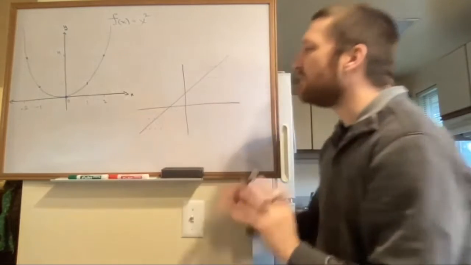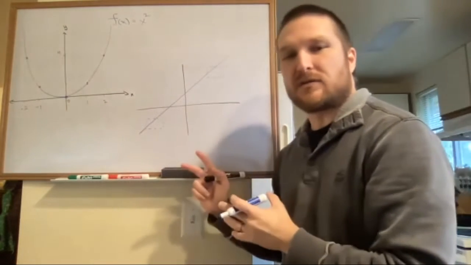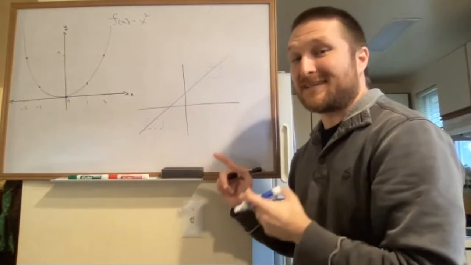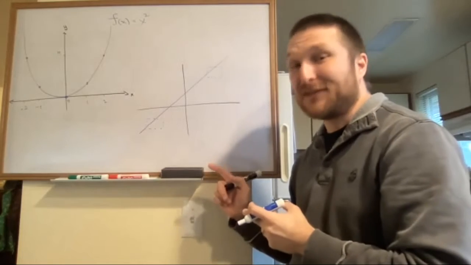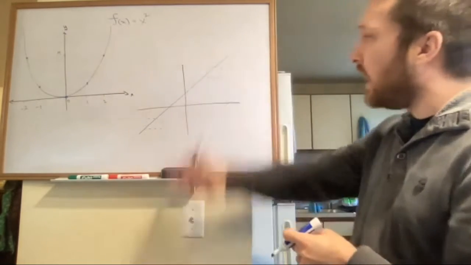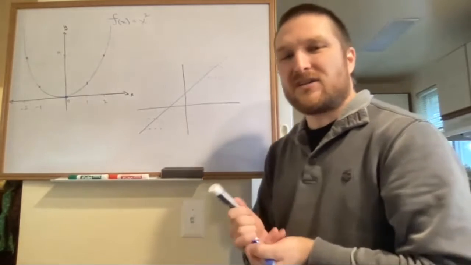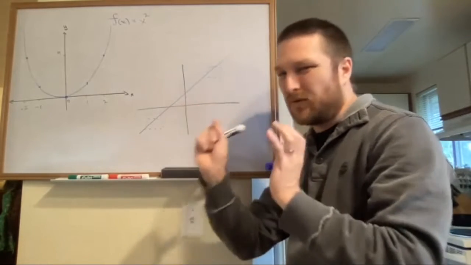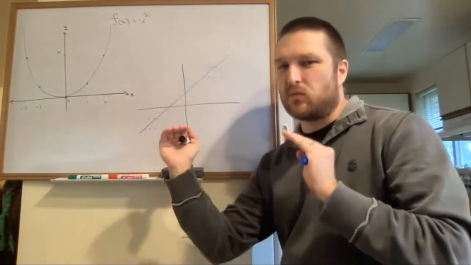A line doesn't have distinguishing features, right? It pretty much looks exactly the same everywhere you are along the line. And so it's kind of hard to trace or to really get a grip on what happens when you shift